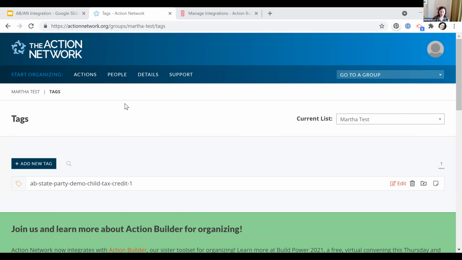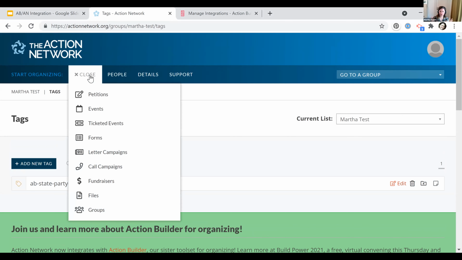So this is Action Network. This is our sister tool set here. We have these different tabs at the top where you can really take any of these different actions. And Action Network is always built to try and shorten the gap between you, somebody who needs to create these petitions, create these events, and the creation of these events, petitions, these various different things. So if I click on forms here, it'll automatically create a new form. If I click on letter campaigns, it'll create a new letter campaign,